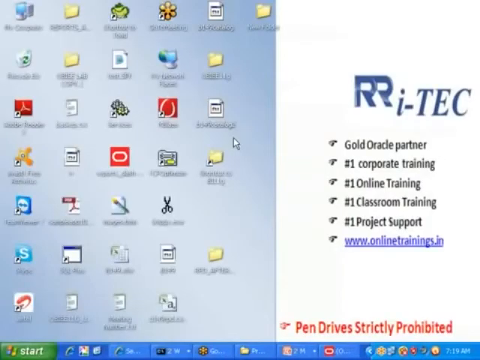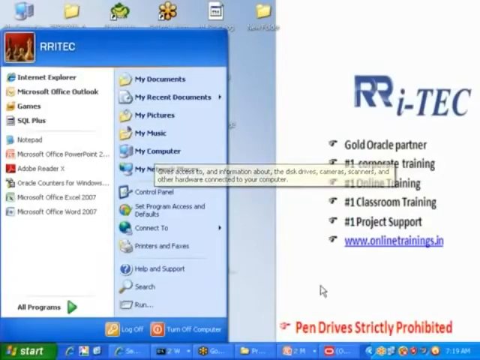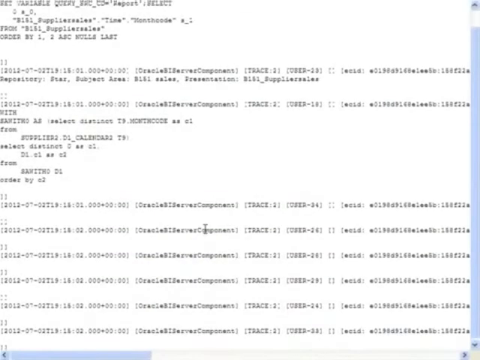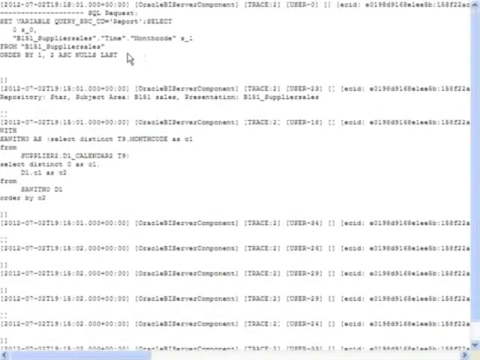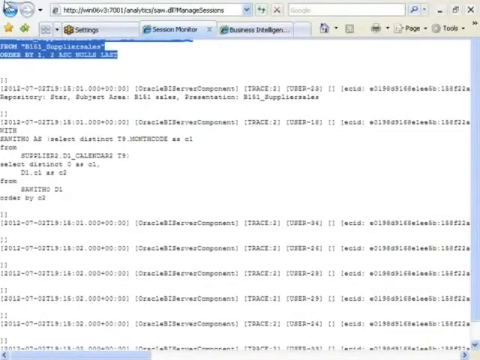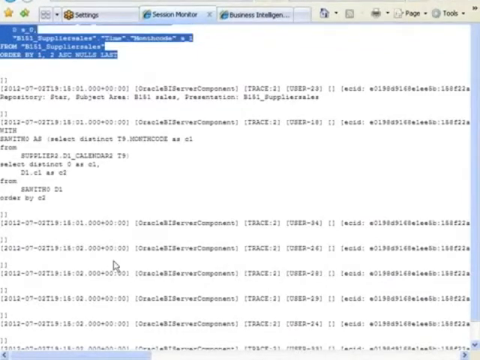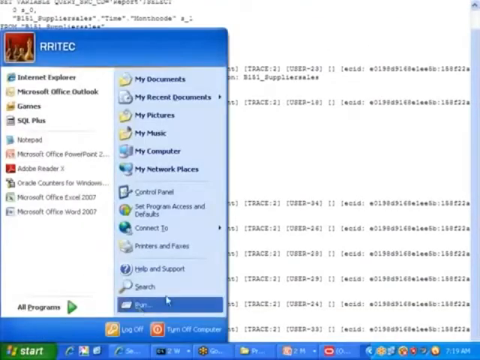Where is npquery.log, sir? Start. Or else you can take it from here also. What is the big deal? If you take this one, this query is called what, sir? Logical SQL. This query is called logical SQL. But I don't have log level 1 here. I have only log level 2. If I want log level 1 also, shortly I need to go for